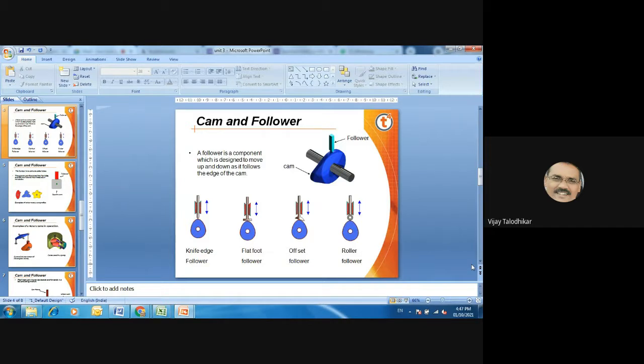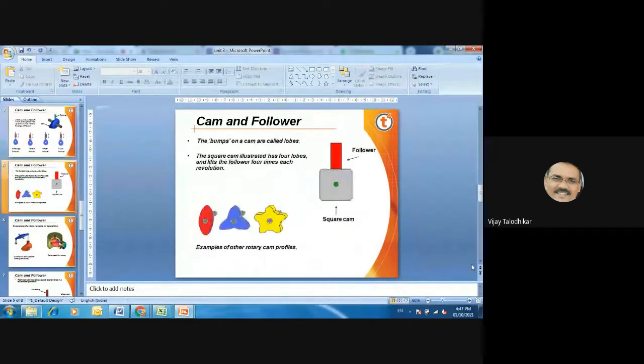The roller follower is mostly used in automobiles, and the flat face follower is also widely used. Roller follower and flat face follower have wide application in different industries depending upon their requirement and depending upon their size. Okay. Apart from that,